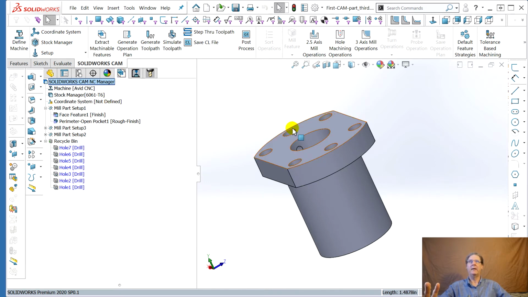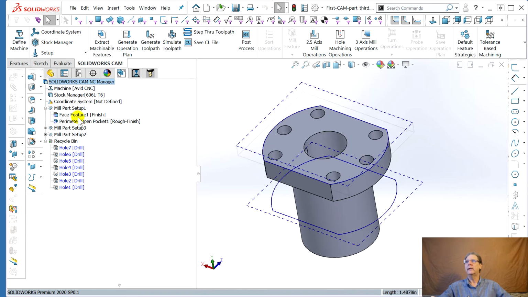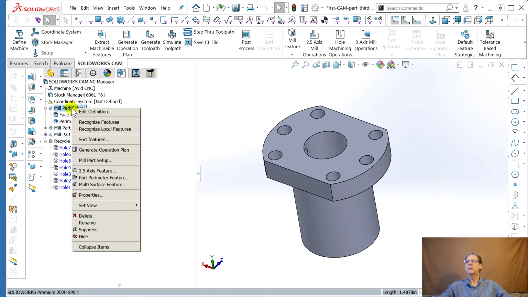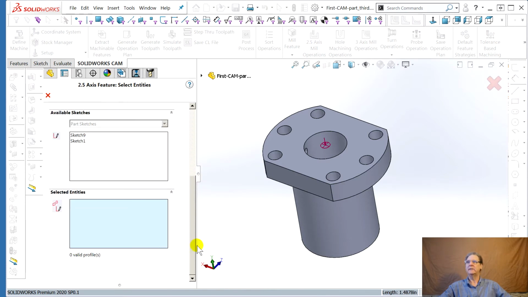now we go back and we make these not holes. Okay, we're mill part setup 1. What do you want to do? The big one first, the little ones? Let's leave the meat in the middle of the thing. 2-axis feature, make it a pocket. Everything seems to be not where you want it here. This, this,